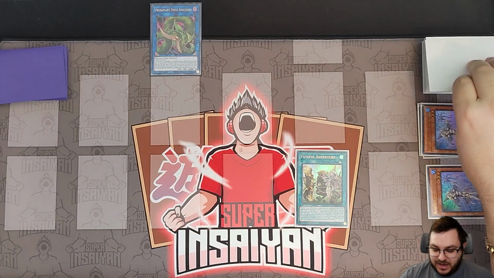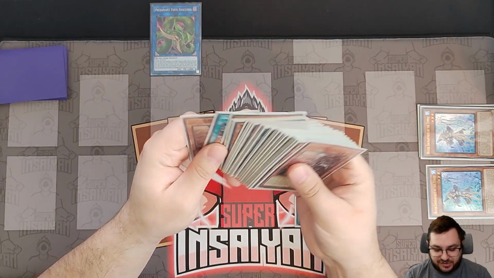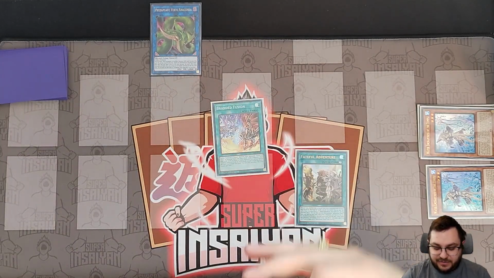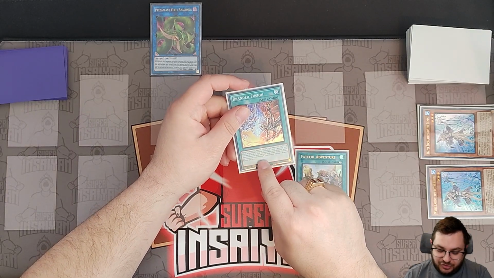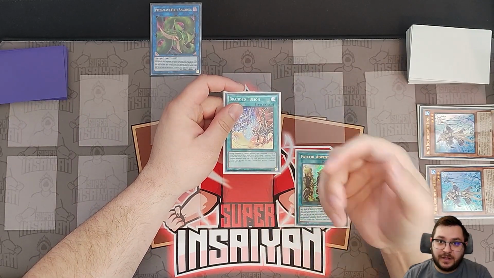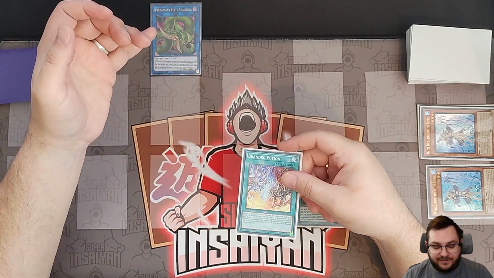Here we'll activate the Verte Anaconda effect, sending our copy of, I could have sworn I put it on top, but I guess I didn't, Branded Fusion. And now something that needs to be mentioned here is that the Branded Fusion does say that the entire turn that you activate this card, you cannot summon from the extra deck other than fusions, but you have to remember that